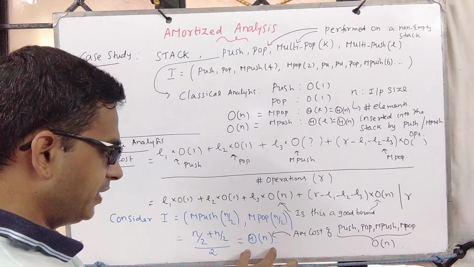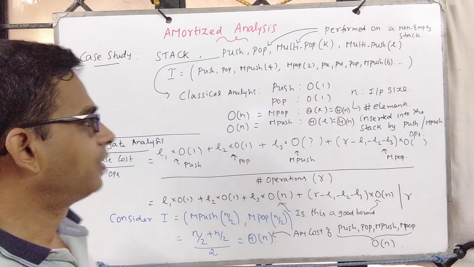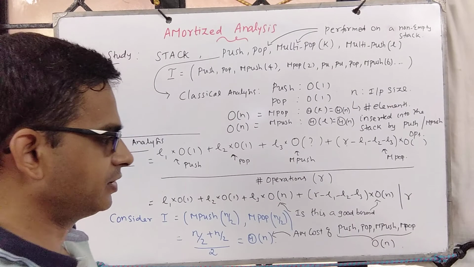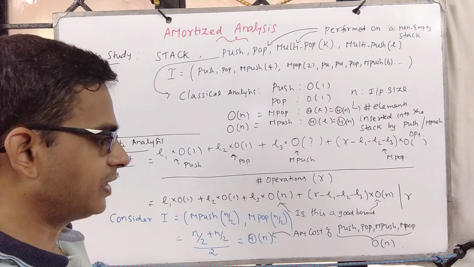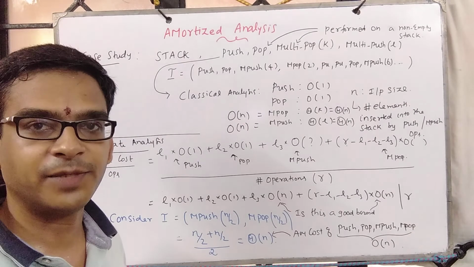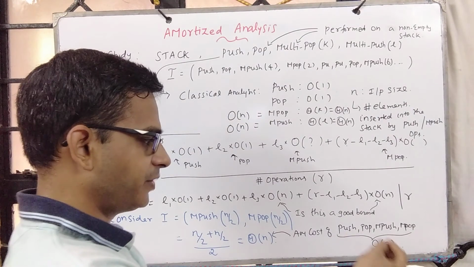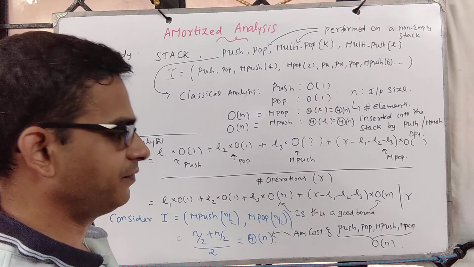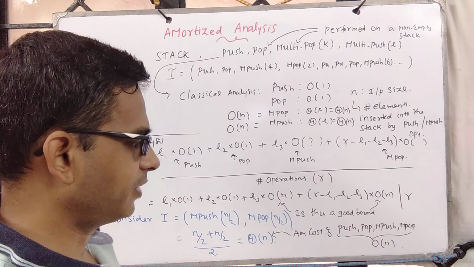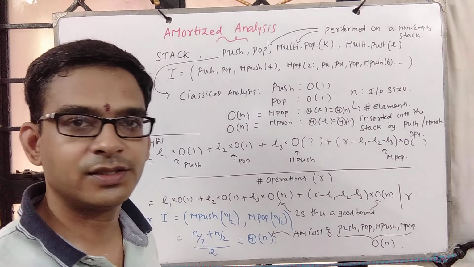And so with this, we can conclude that the amortized cost of this data structure along with its supporting operations, the cost of push, pop, multi-push, multi-pop, is order n amortized. Some of them may be constant, some of them may be log n, but we only look at it from an average perspective, and we say through the aggregate method we can only conclude it as order n amortized for all of them.